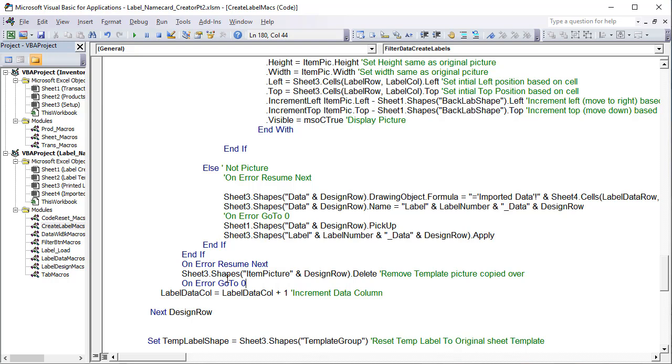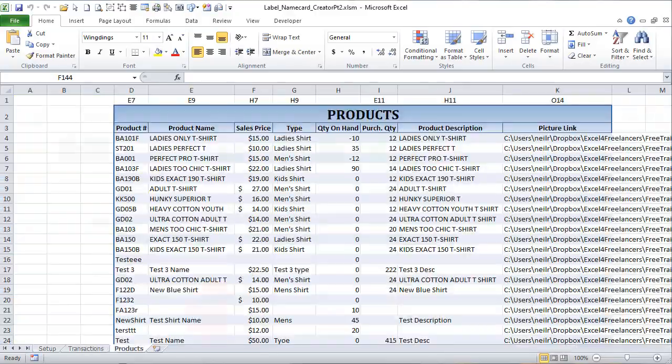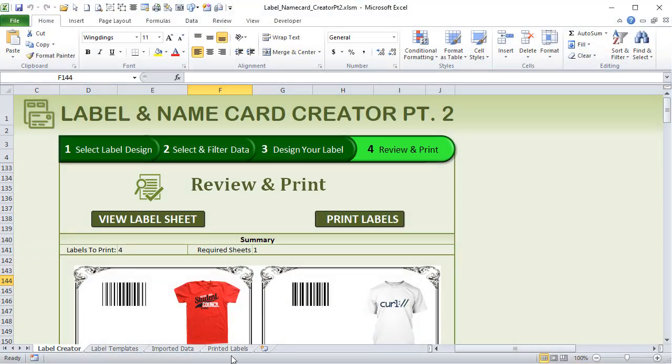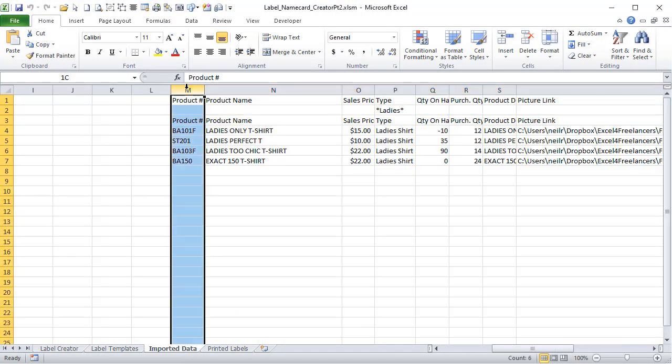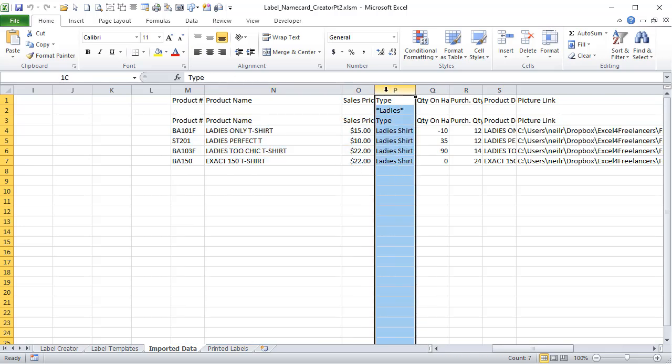All right. Next up, the label data column equals, I want to increment the data column from 1 to 1. Why do we want to do that? Because I need to move through all the data columns. So we need to increment that. In our data sheet here, I need to go from column to column, so we need to increment it by 1 as we move through each